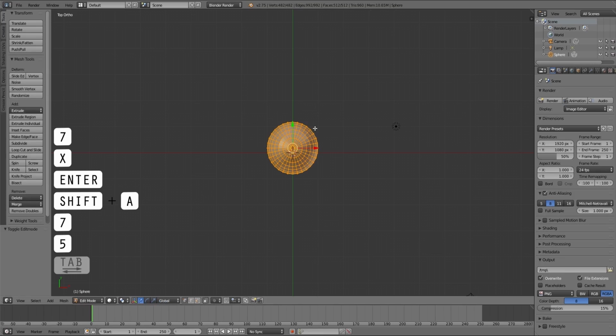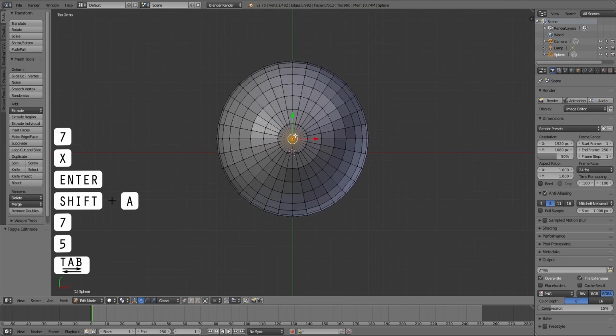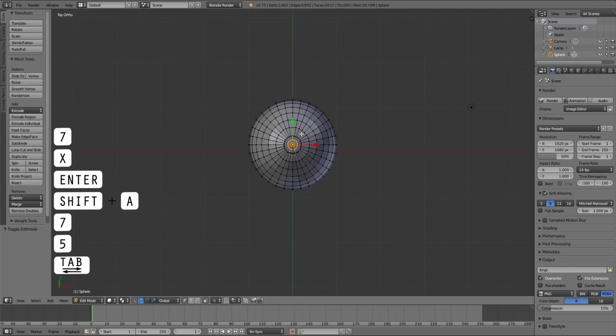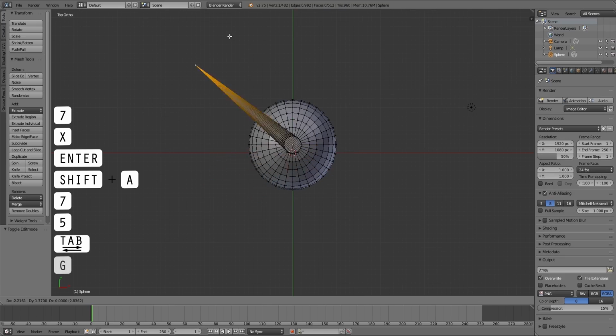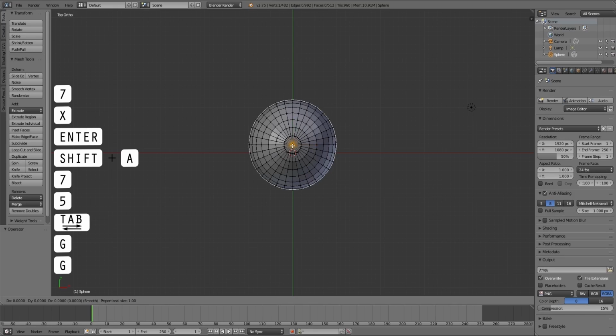And now we'll press Tab to go into edit mode. We just want to select the middle vertex just in the center here. Now with that selected, we'll press G, and we can move the vertex around if we need to move it. And what we want to do is also turn on proportional editing, just enable. And we'll press G again, and now we have this white circle, and that'll be our proportional size, and we want to bring that up to as close as you can to 2,